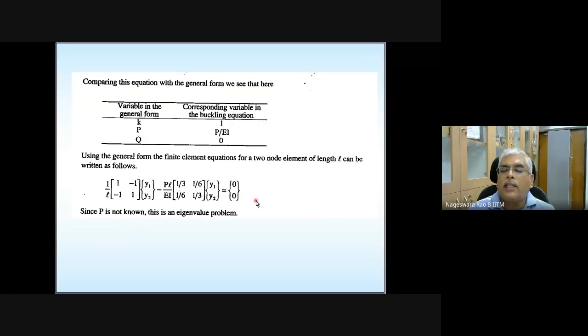How did I write these element equations? Because I already know the element equations for a general one-dimensional boundary value problem. I can make the substitution and write this. So please take a note of this. This is for one element. Element equations look like this. This one here, y1, y2 is nothing but y value at node 1, y value at node 2. So please take a note of it.